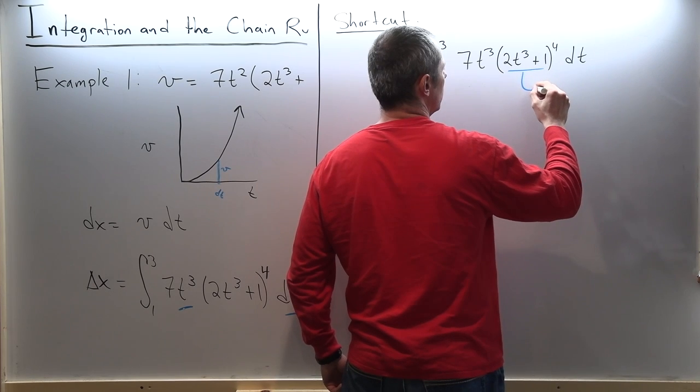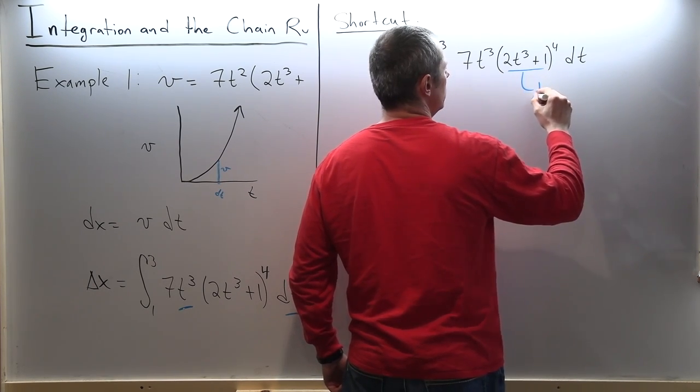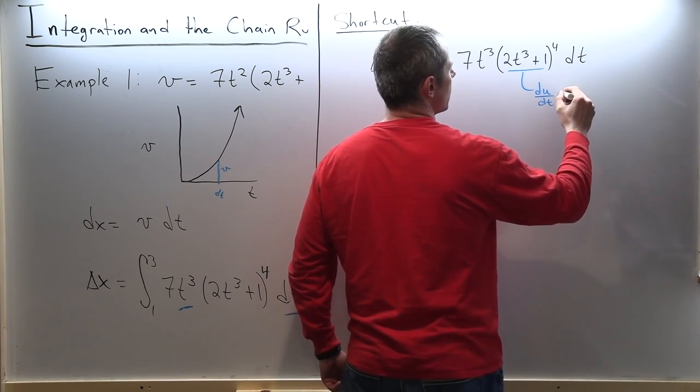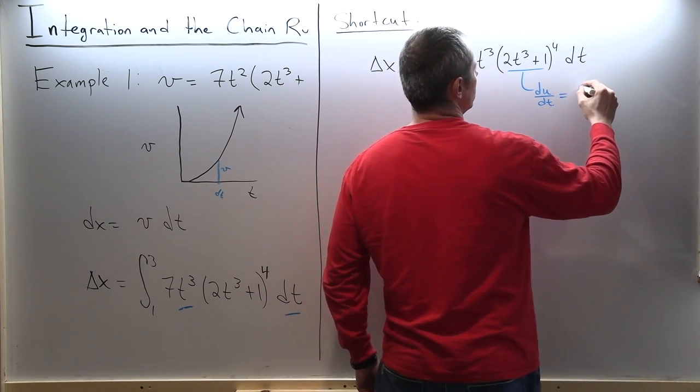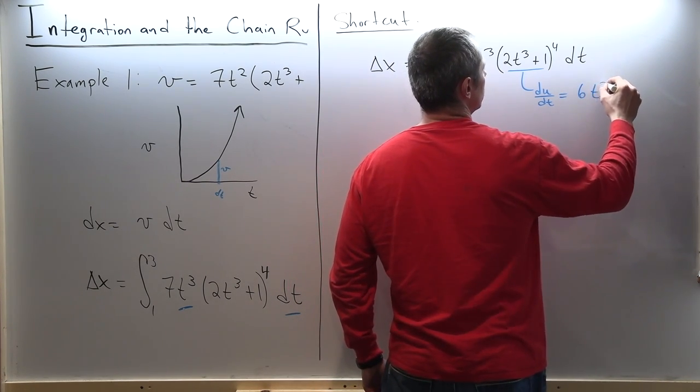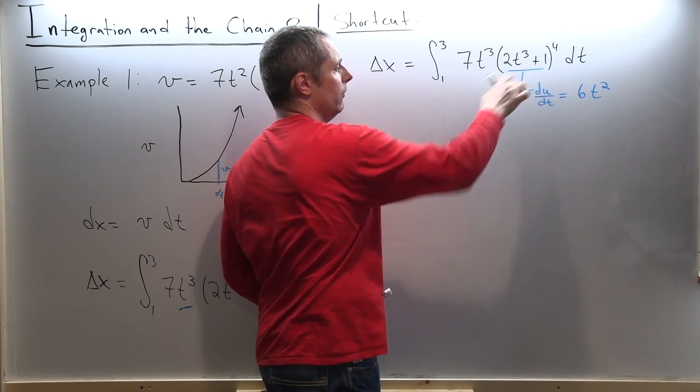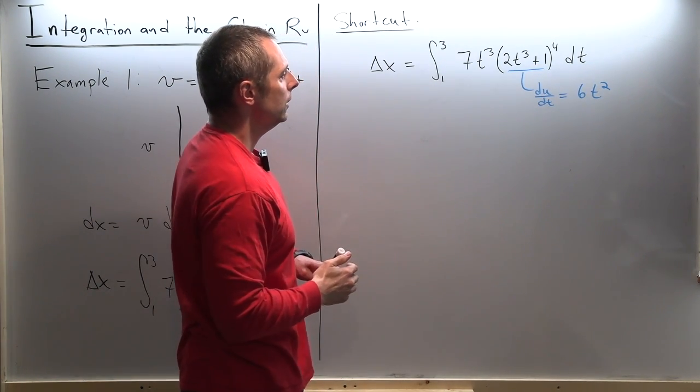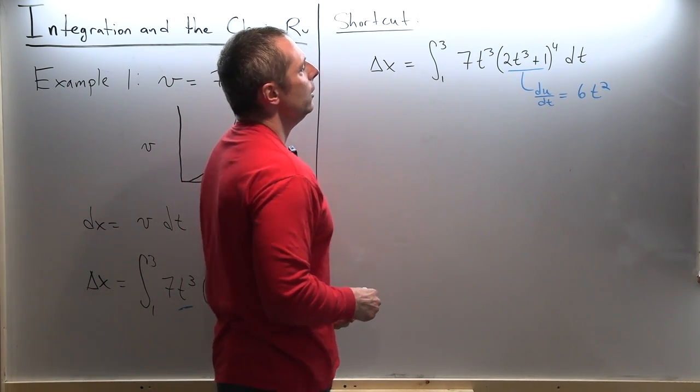So du dt here is 6t squared plus the derivative of 1, which is 0. So I know that if,